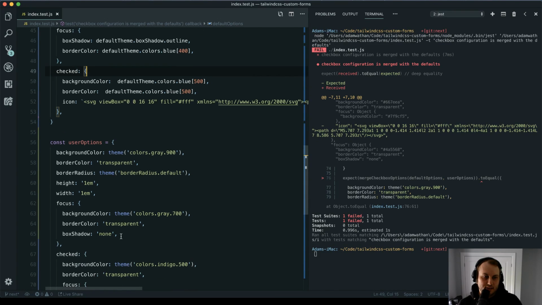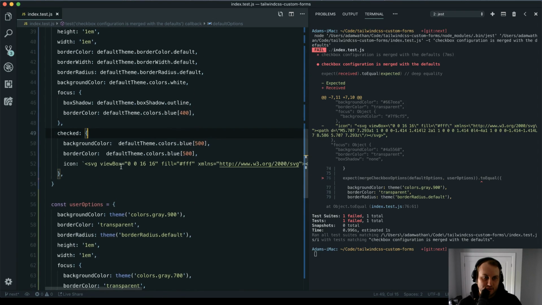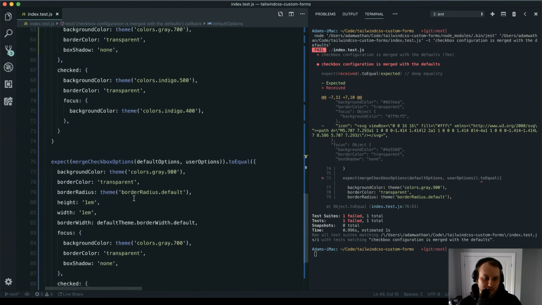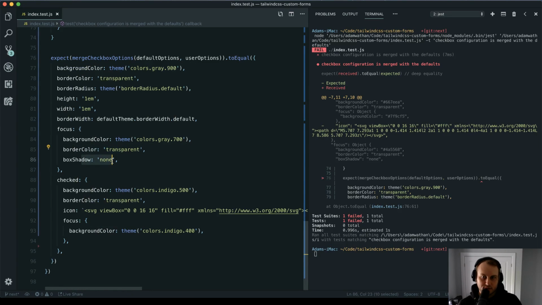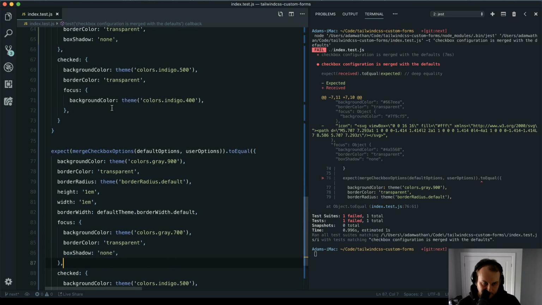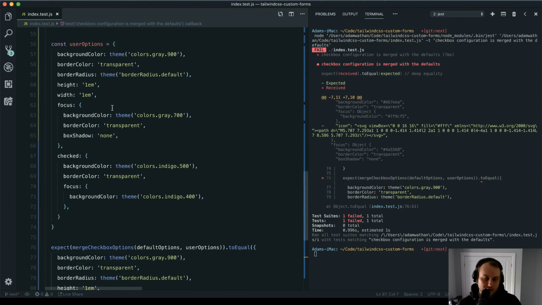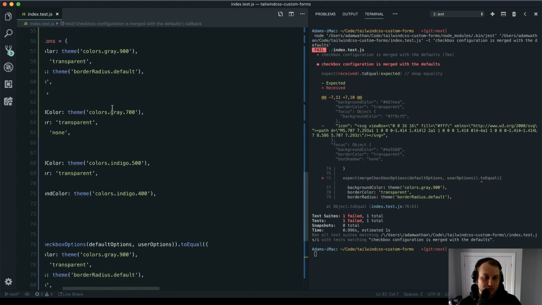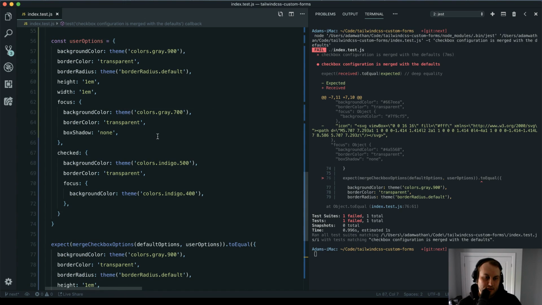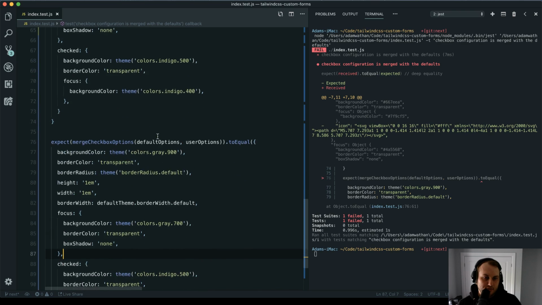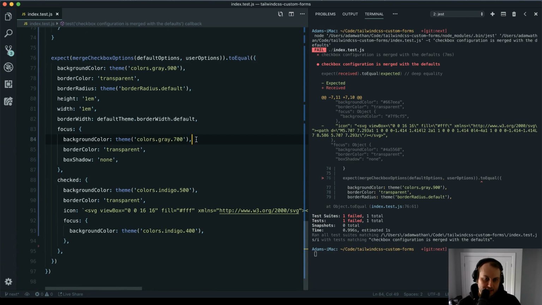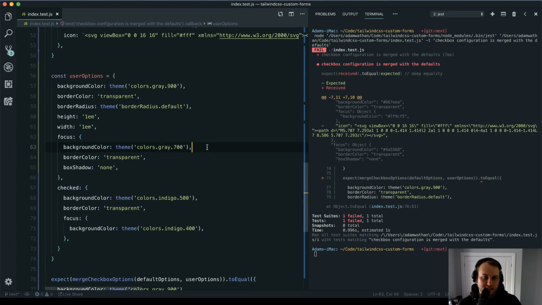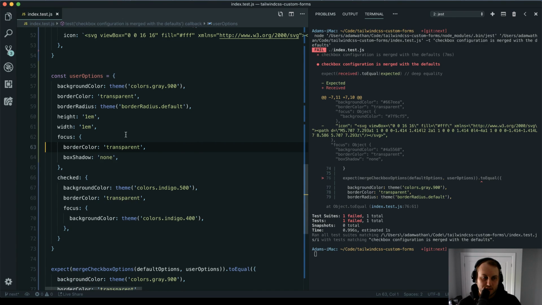Because what are we expecting in focus? We're expecting border color transparent and box shadow none. Border color transparent, box shadow none. That's because our focus is overriding the old focus option completely, which is okay, sort of, but not really what we want to be testing. So for the purposes of making the test better, I'm going to say we only want to override, say, the border color and the box shadow,